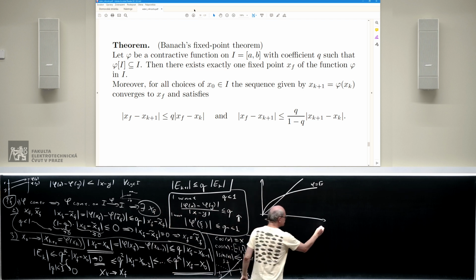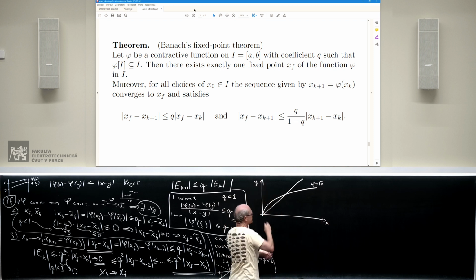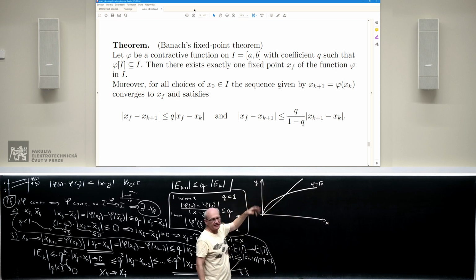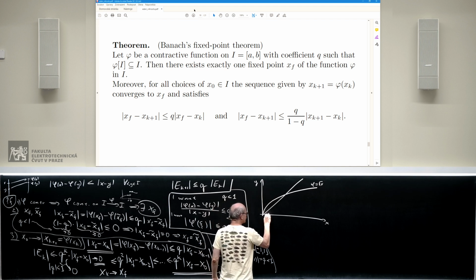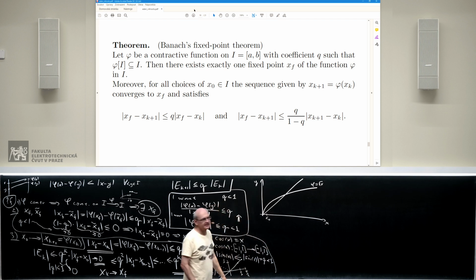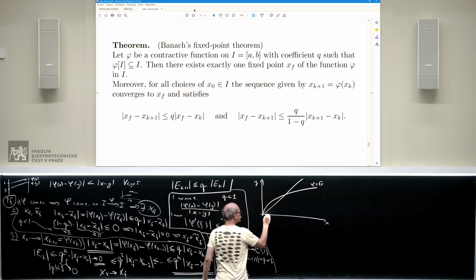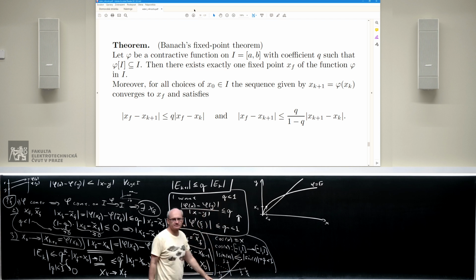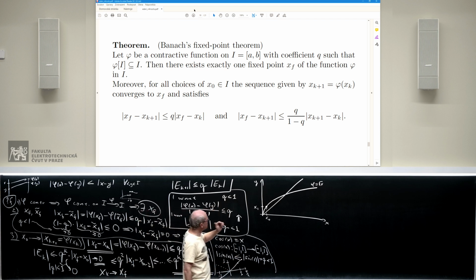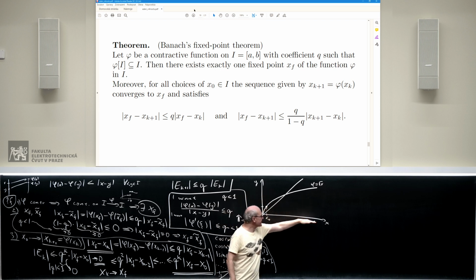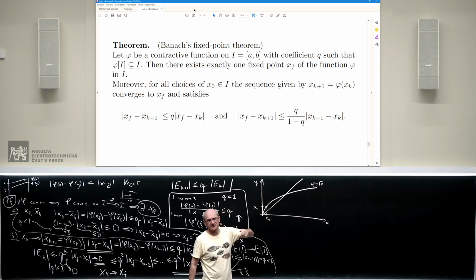Well, here we go. We have 2 spaces, x and y. This is the starting space, this is the target space, and now we choose x0, so let's say that it's here. We have to find x1 by substituting this into phi, which we do just by looking it up like that. We go vertically up, and we find x1. So far, so good. But now we have to take this x1 and transform it into the x space so that we can use it again as an argument. How do we get this number here? We need to find the same distance